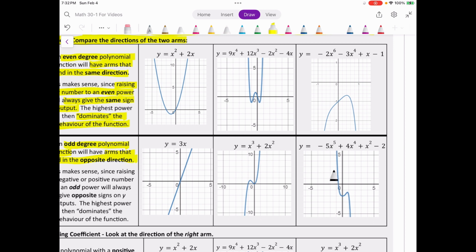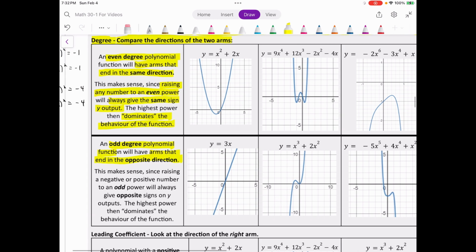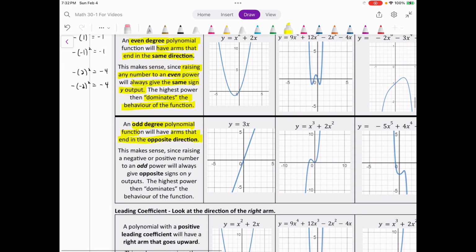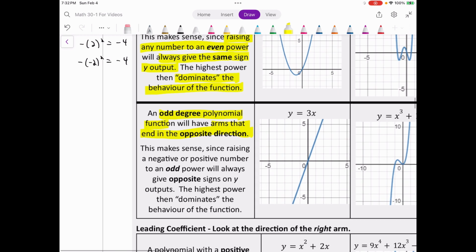X to the 5th, we've got left arm goes up, right arm goes down. X to the 3rd, right arm goes up, left arm goes down. Just x, right arm goes up, left arm goes down, okay? But why? Why when we have an odd degree do the arms do opposite things? Well, again, it has to do with what we were talking about, right? As x goes to infinity, that's thinking about the right arm as x goes this way to positive infinity, right? Versus x going to negative infinity, right? The output will have opposite signs,